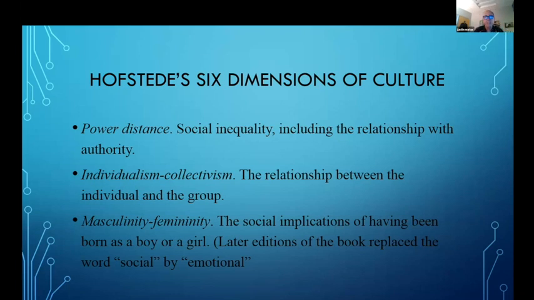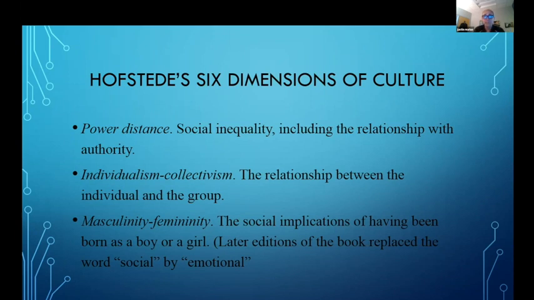Let me see if I can explain or define them briefly, and then we'll put up a graph that I think will really illustrate. I think you'll like these graphs. So, power distance, his words here: social inequality, including the relationship with authority. This really has to do with your, I won't say willingness, but your acceptance of how much power resides at the top or doesn't reside at the top. Individualism versus collectivism,